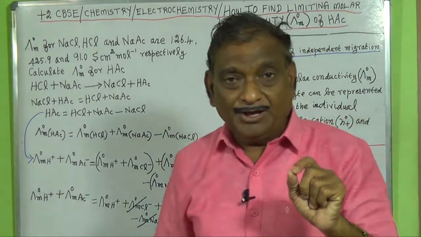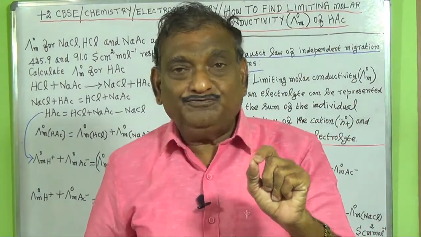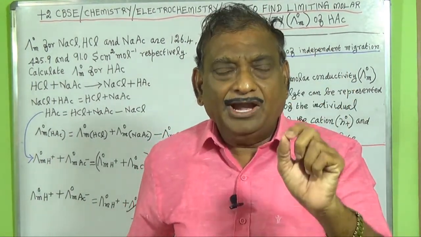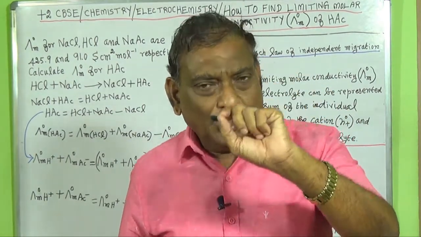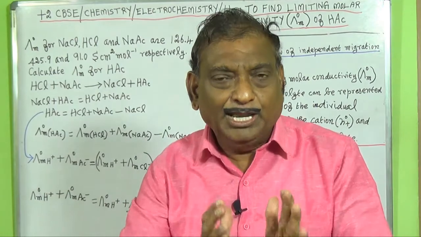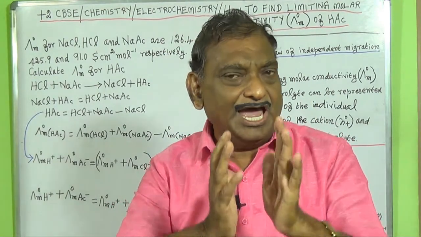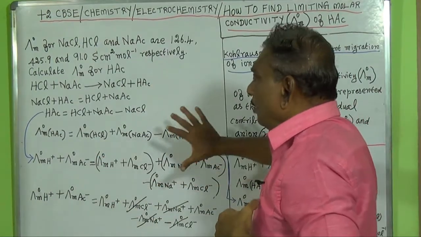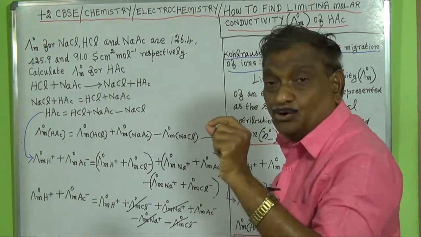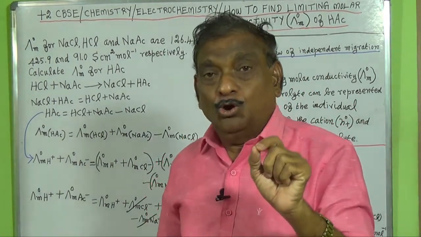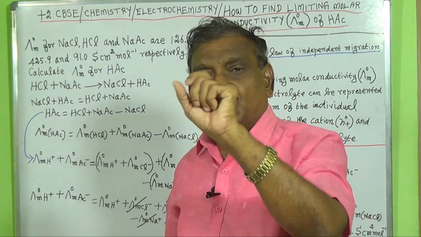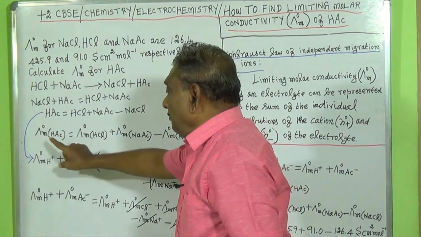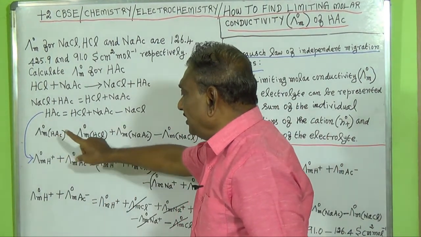So from this law we can understand that if we add the limiting molar conductivity of the cation and the anion of an electrolyte, we can get the limiting molar conductivity, that is lambda m naught, of that electrolyte. Here there are 4 compounds, that is, there are 4 electrolytes. As per the Kohlrausch law of independent migration of ions, the limiting molar conductivity of hydrogen acetate,